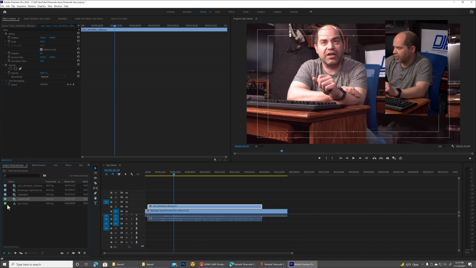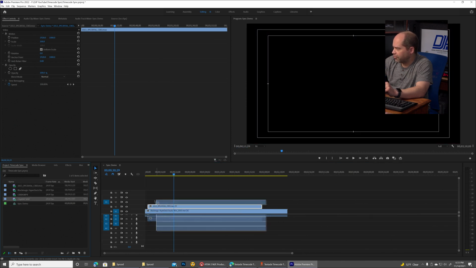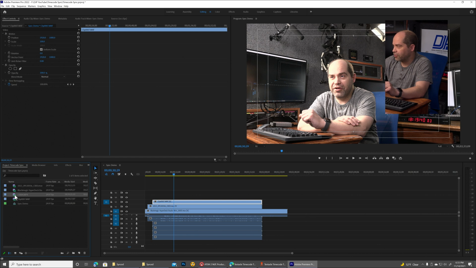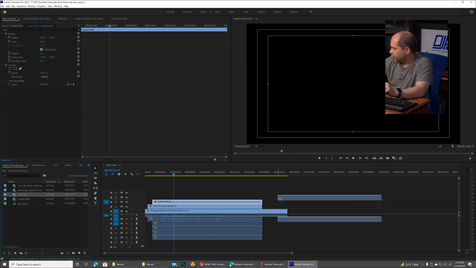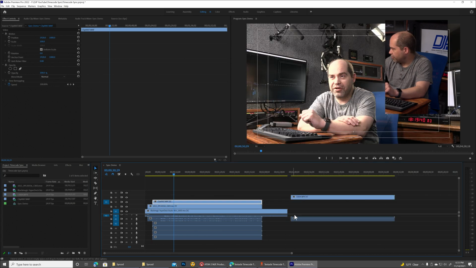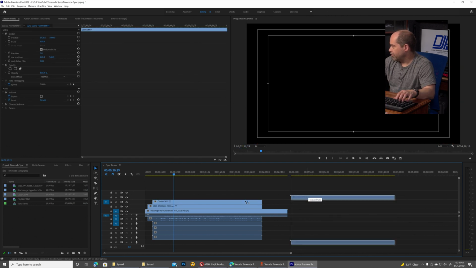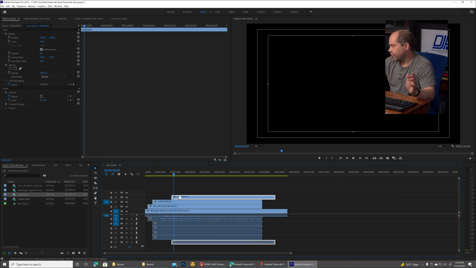Alright, and then I'm going to grab the clip from the X70, that's this MXF file. There we go, and bring that down. And then I'll grab the clip from the AX53. I'll have to temporarily move that over here so I can move that audio clip all the way down here. Grab both of those, and then placement doesn't actually matter here, so I could have left it there